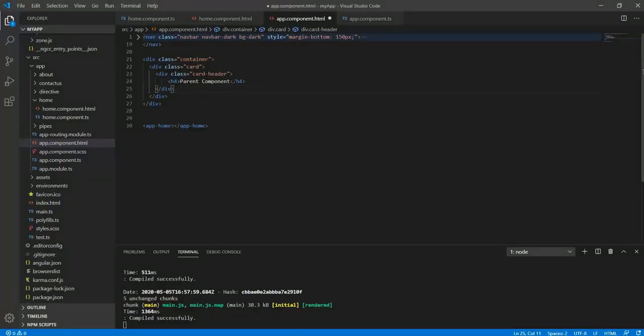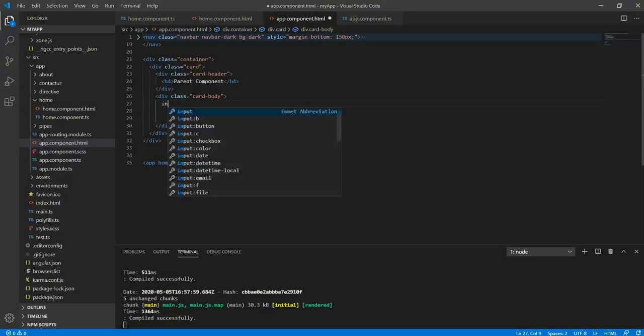Now we'll just add two inputs. First we'll add a text box and later we'll add a button.